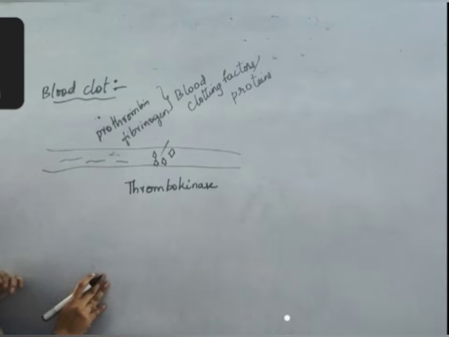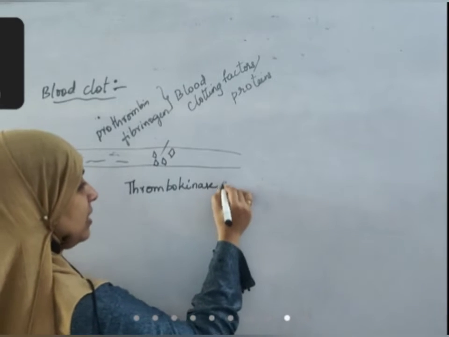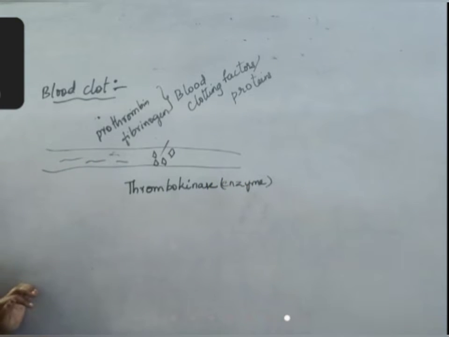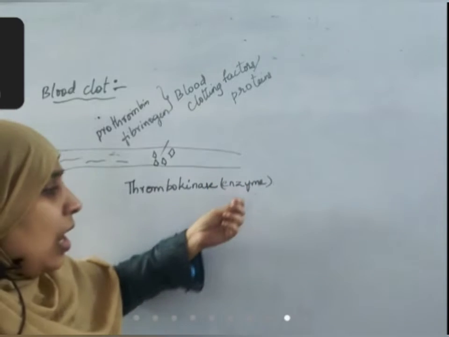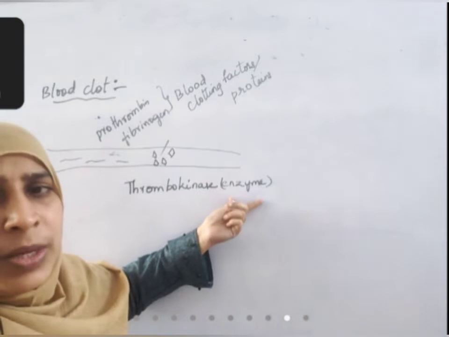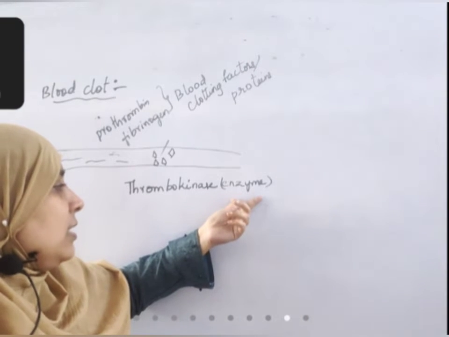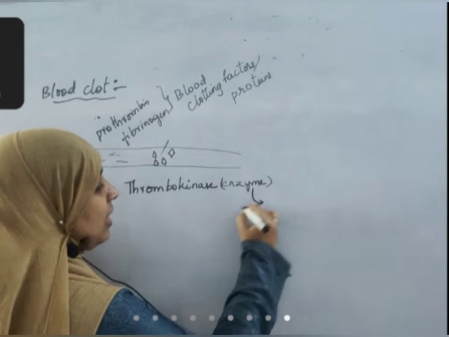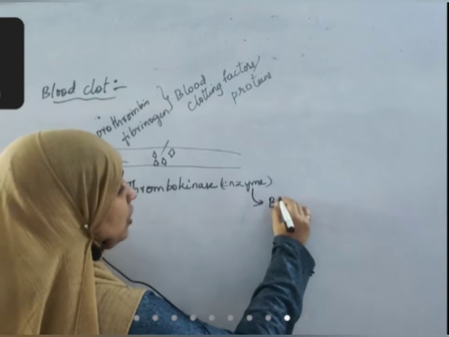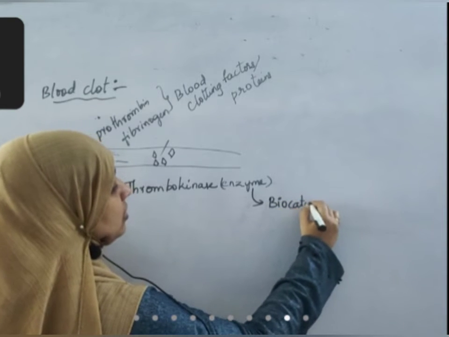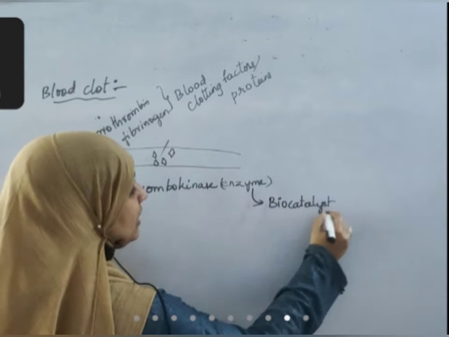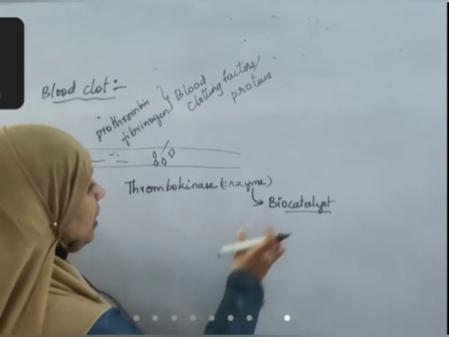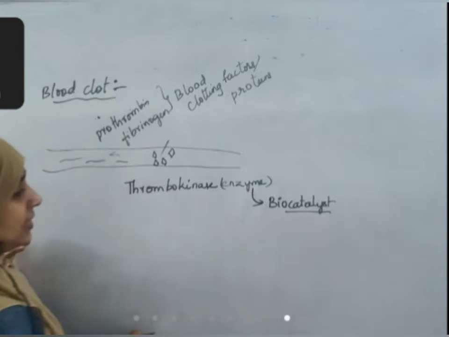Okay. Now this thrombokinase is an enzyme. We have studied till now that enzymes are helpful for digesting the food material. But here this is an enzyme which catalyzes a reaction. So rather than digestive substances, you should actually call enzymes biocatalysts. You know what a catalyst is? It triggers any reaction, sparks up any reaction. Here, biologically, enzymes act as catalysts.